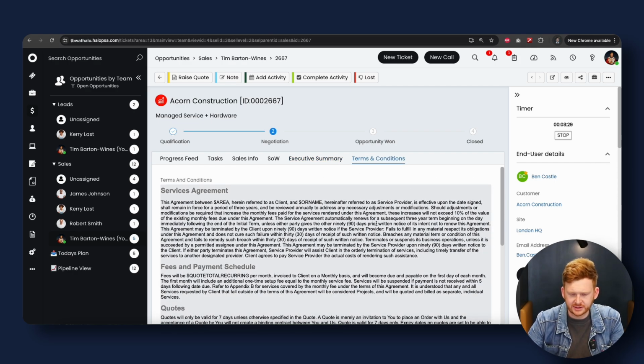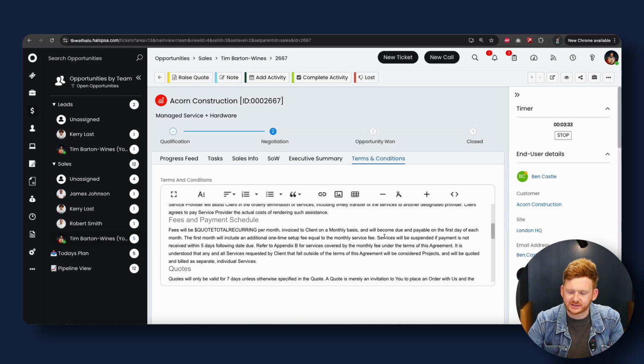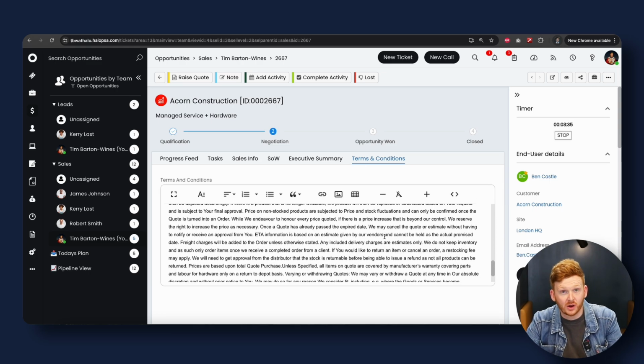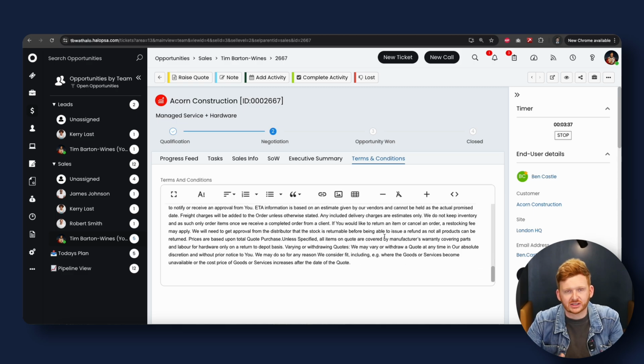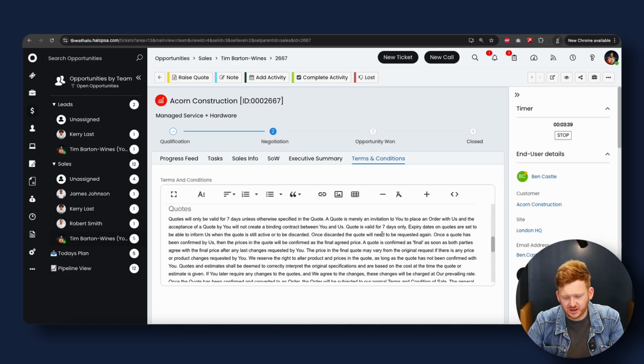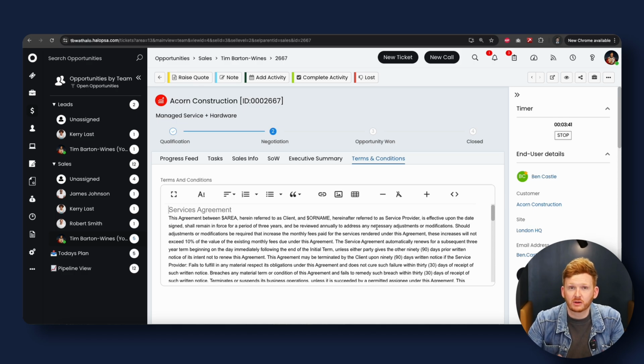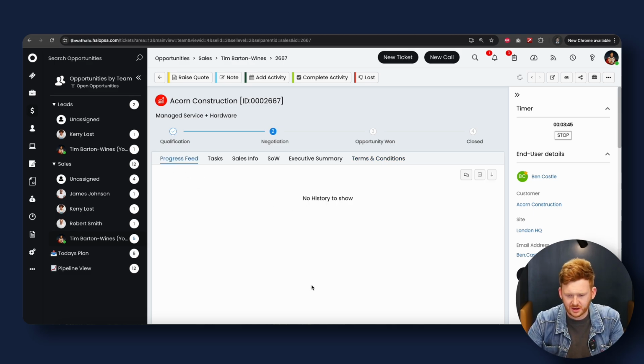On the right-hand side, we have the last one, which is the T&Cs in this example. So these are standardized T&Cs. You can choose to make these available or not, pre-populated with your standard agreements. And you can make adjustments here if it's been reviewed by the client and you want to change it. Options on the table. So with all that said, let's go ahead and create a quotation on top of the